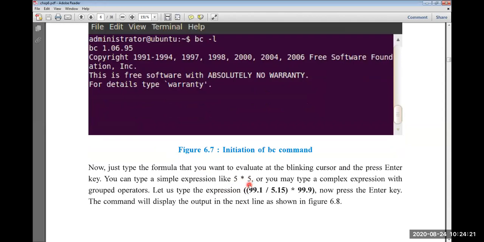If you press the enter key, you will get the answer. 5 into 5 is how much, guys? 25. Very good. You can type it this way, or you can type it with brackets.